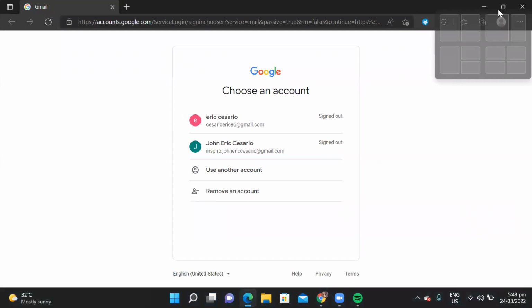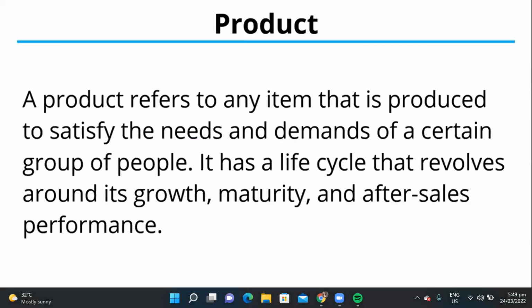Kaya tayo nagki-create ng business kasi meron tayong i-offer na product or services. Mahirap magtayo ng business, wala naman tayong product or service na i-offer, di ba? So ito yung unang pinagtutuunan ng pansin. And aside from the customer, meron tayong product at service na dapat i-prioritize natin.